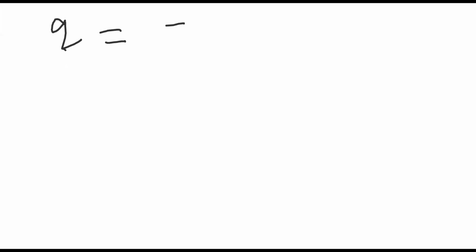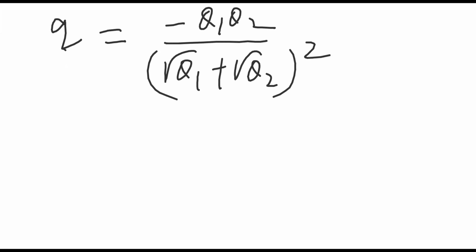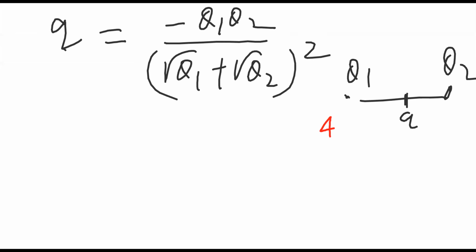The middle charge is basically minus Q1 Q2 divided by Q1 plus Q2 whole square. Here it is your Q1, here it is your Q2, and in the middle is the charge. But in the question they have changed it. Q1 is Q, this middle is capital Q, this is 4Q. No worries, in place of capital Q we will substitute Q. Are you understanding? Easy only. In the question, they have mentioned it differently.